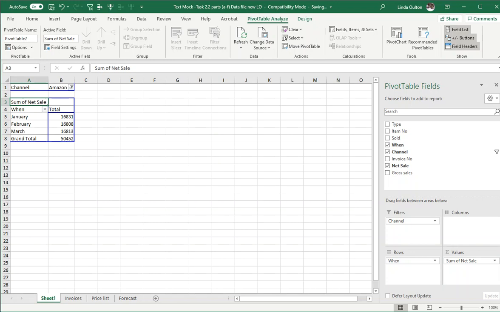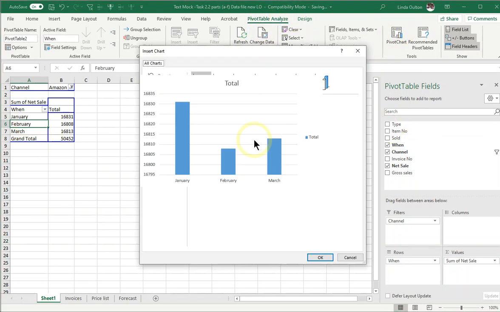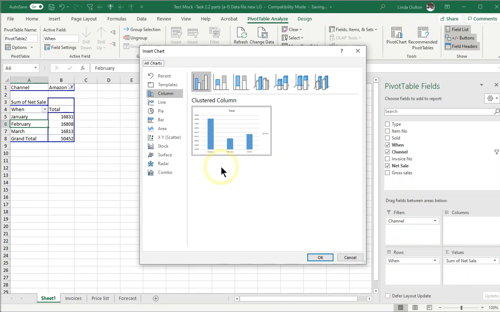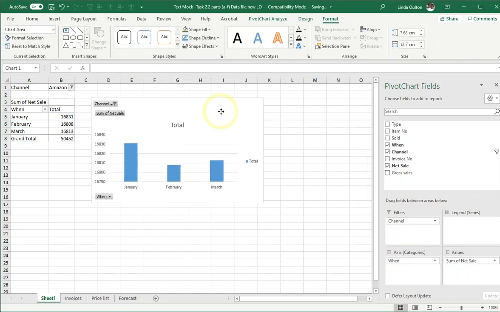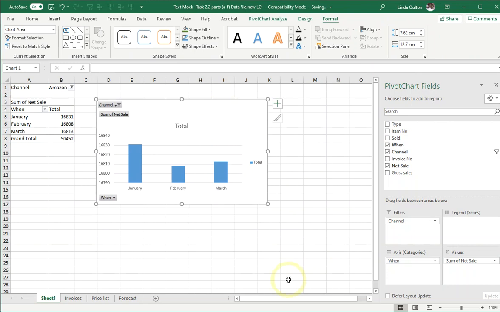And then we also need a chart, so I'm going to stick my cursor in my pivot table there, and then from the Analyze ribbon click on Pivot Chart, and there it is. It doesn't stipulate whether it's got to be a column or bar, so I'm going with column. So now I need to format the chart series to show the best sales for the period in black and